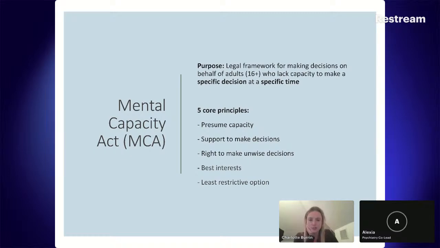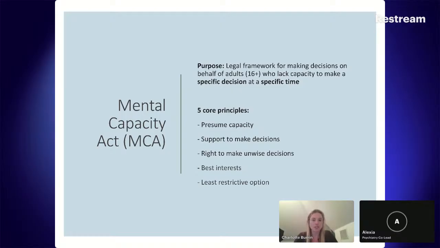So we've touched on the key parts of the Mental Health Act. I'm just going to briefly finish on some parts of the Mental Capacity Act that I think are also relevant, and some of these overlap a little bit with the Mental Health Act. The Mental Capacity Act is something that we'll see much more commonly in medical hospitals, but it's also very relevant for mental health treatment.